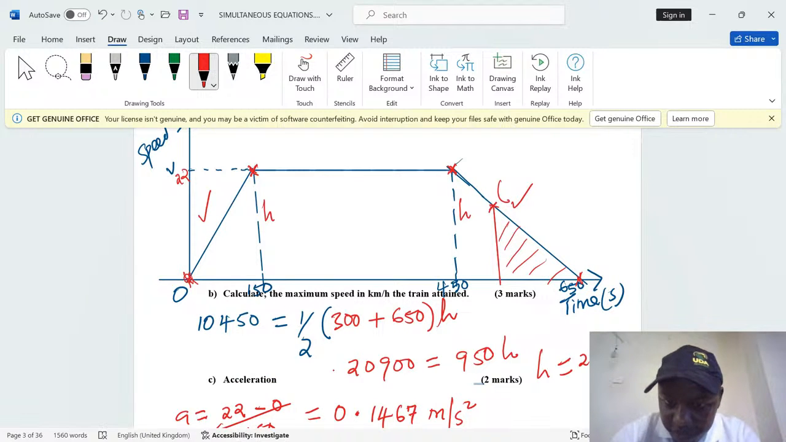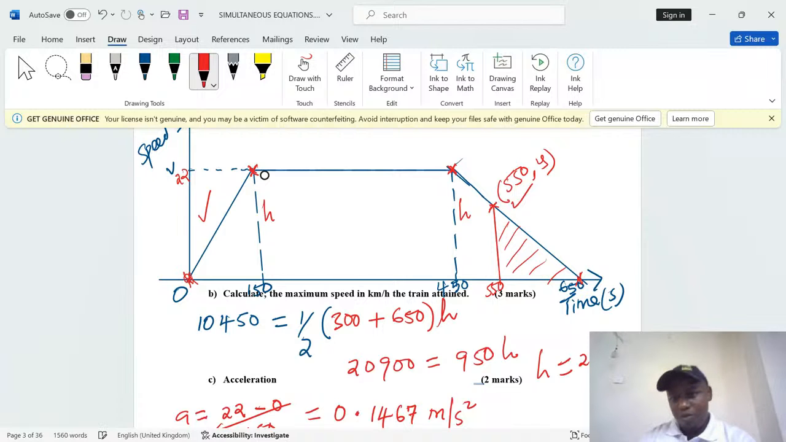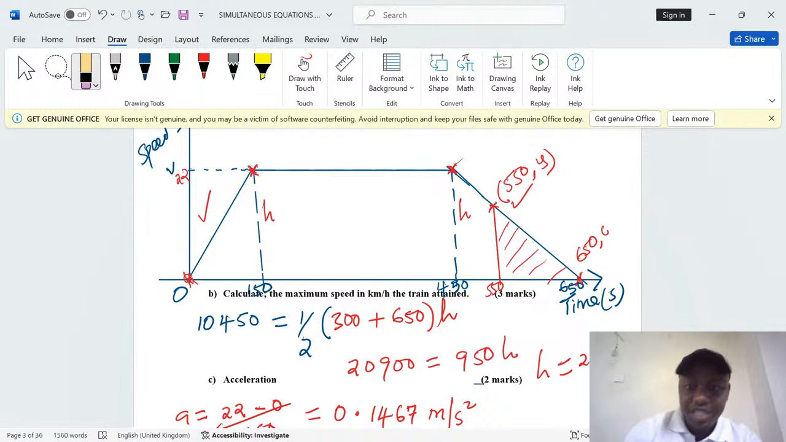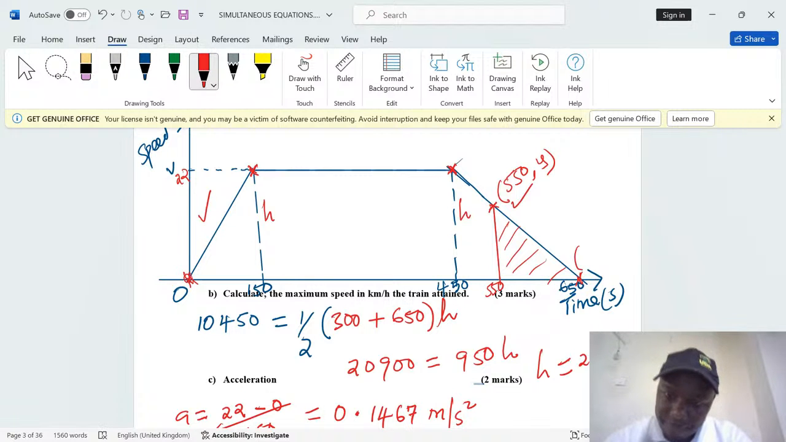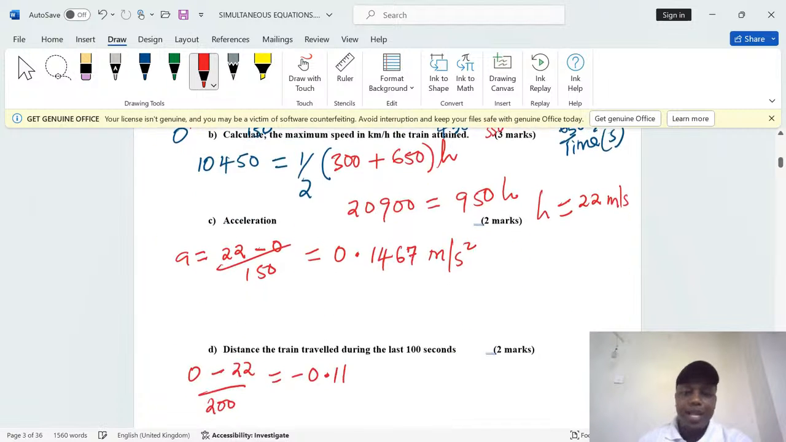Therefore, at this point, because we are talking of 100 here, this will be 550. So at 550, we don't know the y coordinate, which will be our velocity. We don't know the y coordinate here, but at least we know, when we use it together with 650 and 0, yeah, 650 and 0,